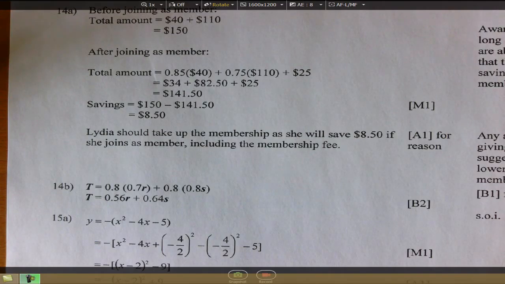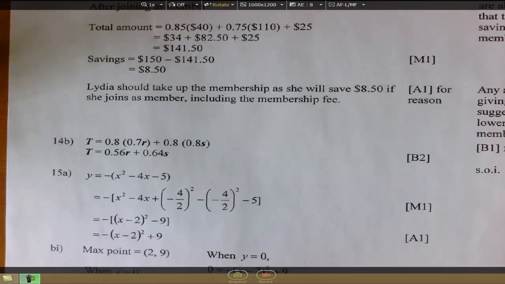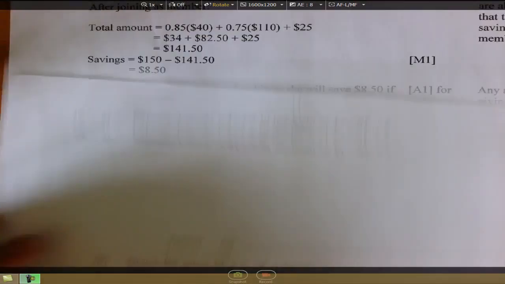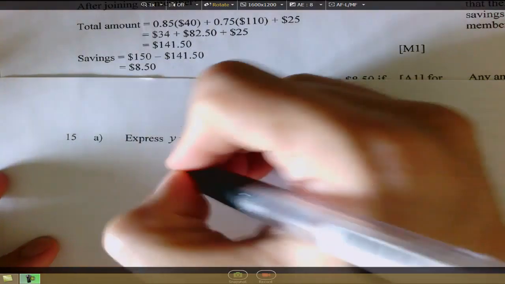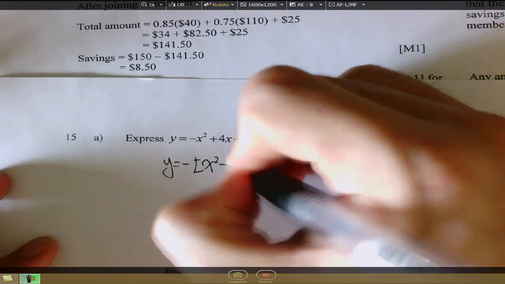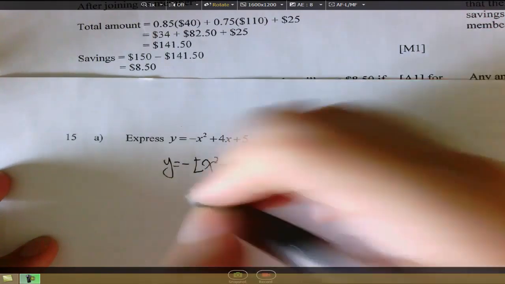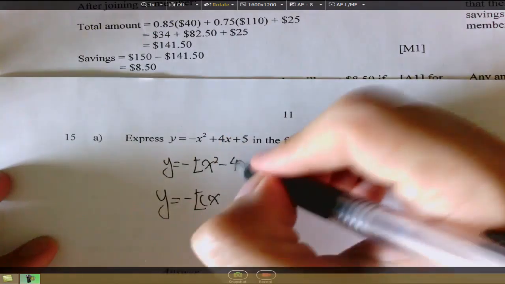Now we move on to question 15. Question 15a: Express that. This question is about completing the square. So let me show you what to do, but be careful, there is this negative sign here. So what we get is negative x squared minus 4x minus 5. Then what we do is divide by 2,